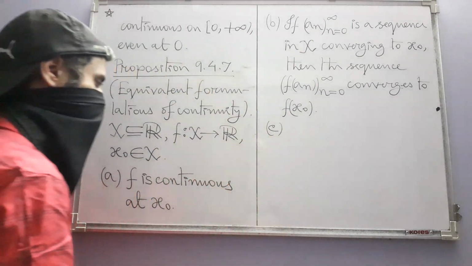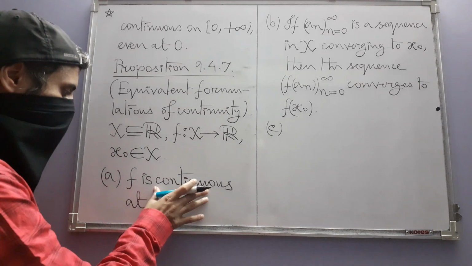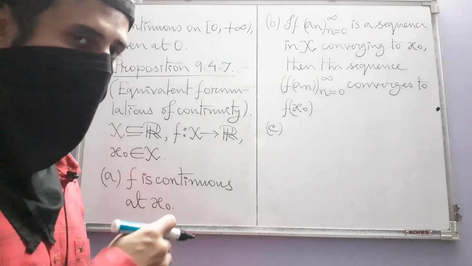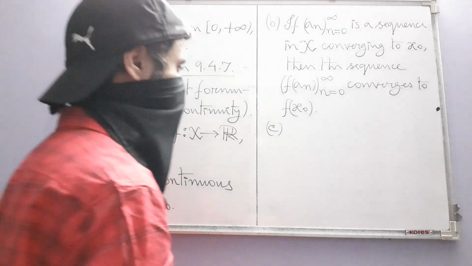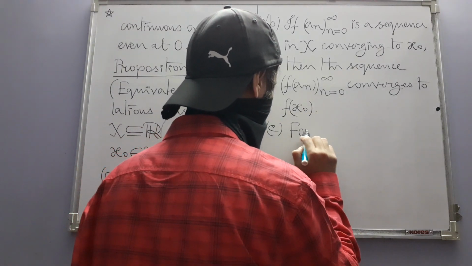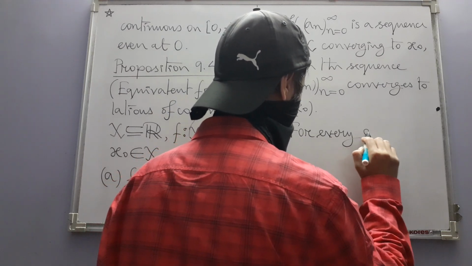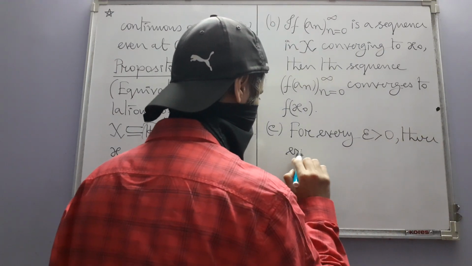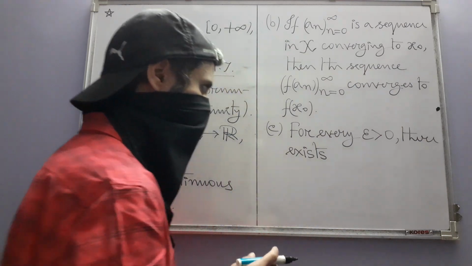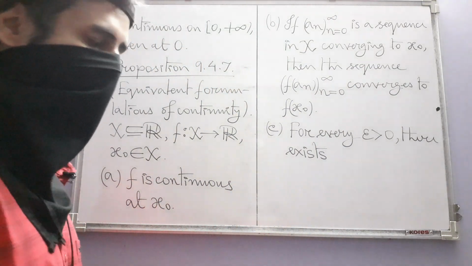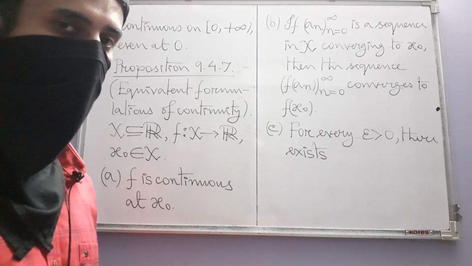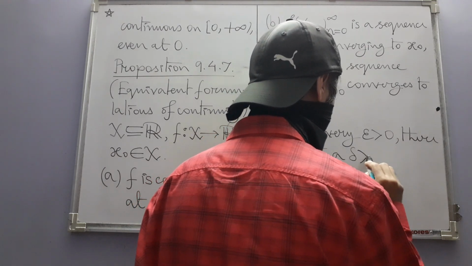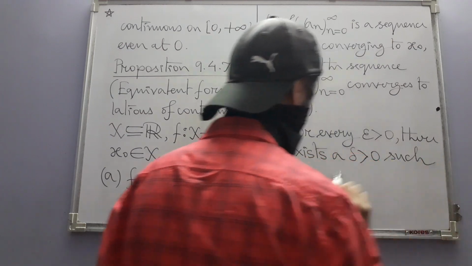And statement C just simply says what f being continuous at x naught means in terms of the actual meaning of limits, that is epsilon, delta, those things. For every epsilon greater than 0, so this statement C is basically just the definition of limits when the limit is that special kind of limit where you have continuity. There exists a delta greater than 0 such that